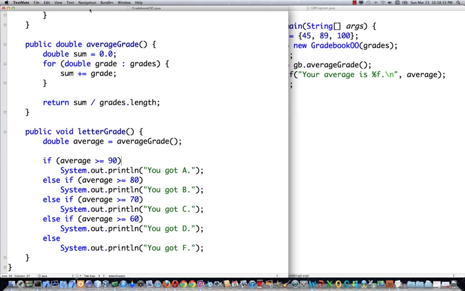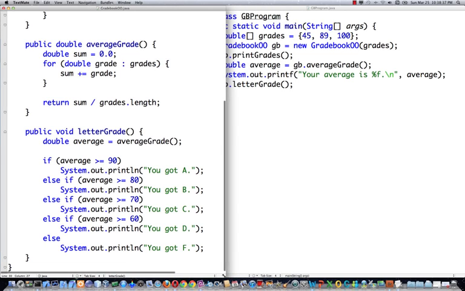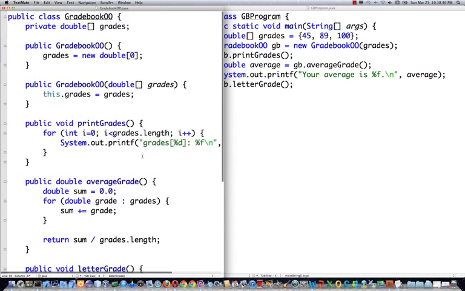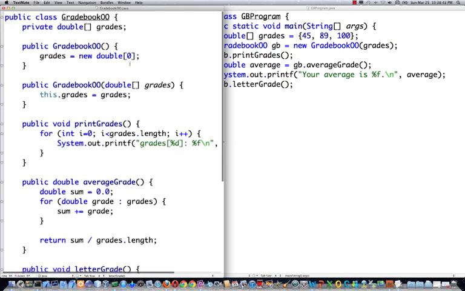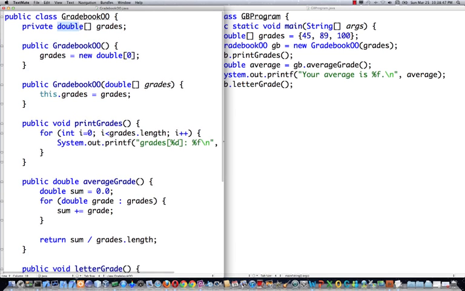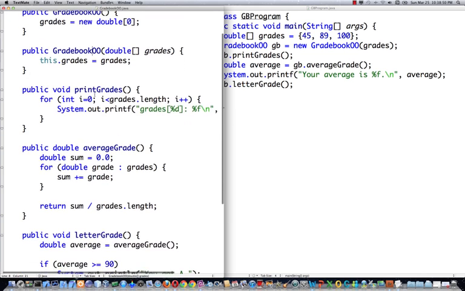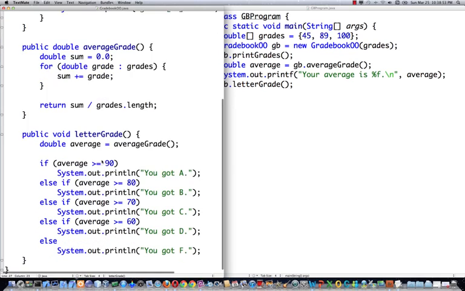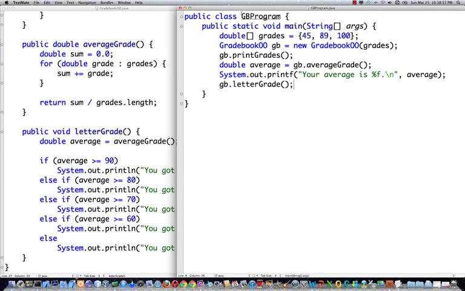በዚህ ፕሮግራም ያየነው ምንድነው? አንድ ግሬድ ቡክ ኦ የሚል ክላስ አለ። የክላስ ኢንካፕሱሌት ያደረገው አንድ ፊልድ አለ ግሬድስ የሚል ደብል አሬይ ፊልድ አለ። ሁለት ኮንስትራክተሮች አሉ እና ፕሪንት ግሬድስ፣ አቨሬጅ ግሬድ እና ሌተስት ግሬድ ሜቶዶች አሉ። then እሱን ቴስት ለማድረግ አንድ ጂቢ ፕሮግራም የሚል ክላስ ፈጥረን ኢንስታንሺየት አደረግን አንድ ግሬድ ቡክ ኦብጀክት by using the constructor which takes a double array። ከዚያ እነዚያን ሜቶዶች ሶስት ሜቶዶች በተራ ጠርተን ዩዝ ማድረግ ይችላል።